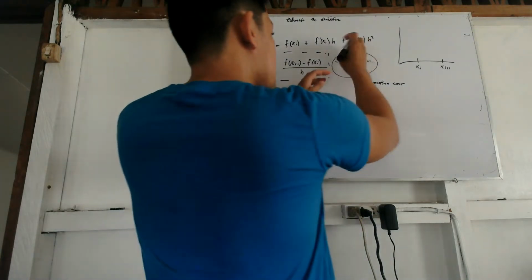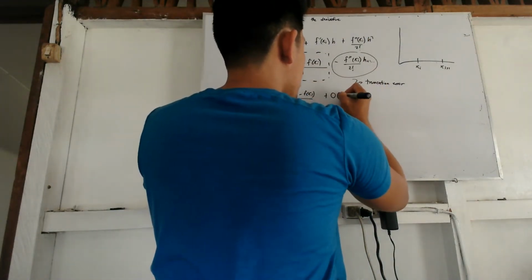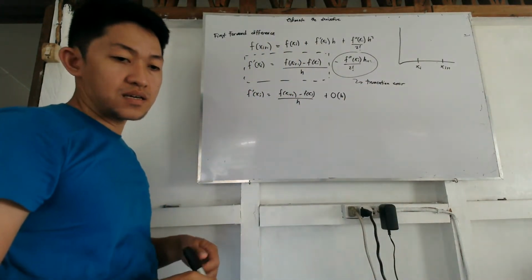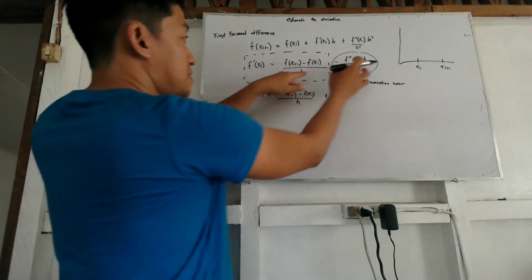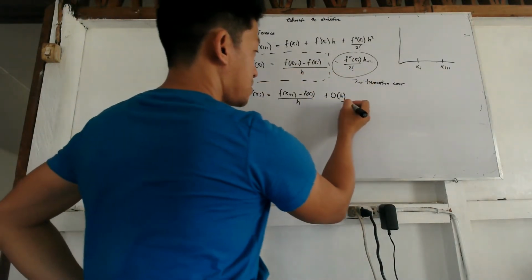And we let this whole term be equal to O. So you have O times H, okay? Because we divide, so H squared divided by H. So meaning you have,